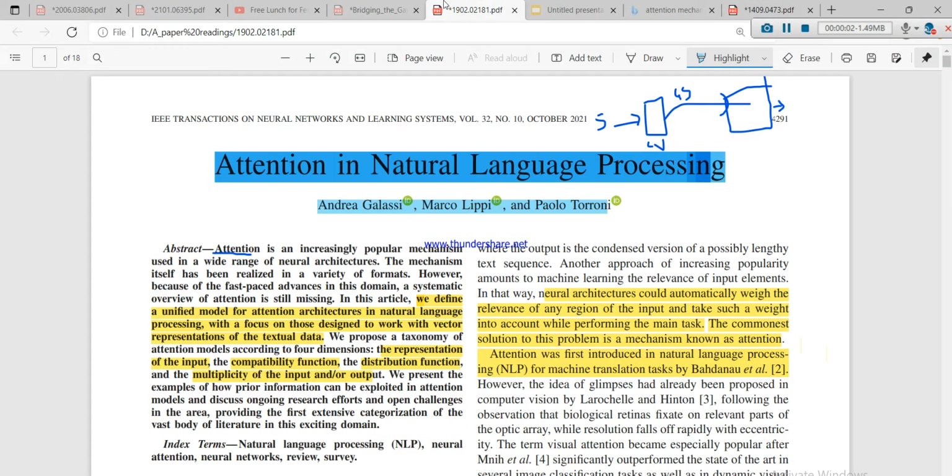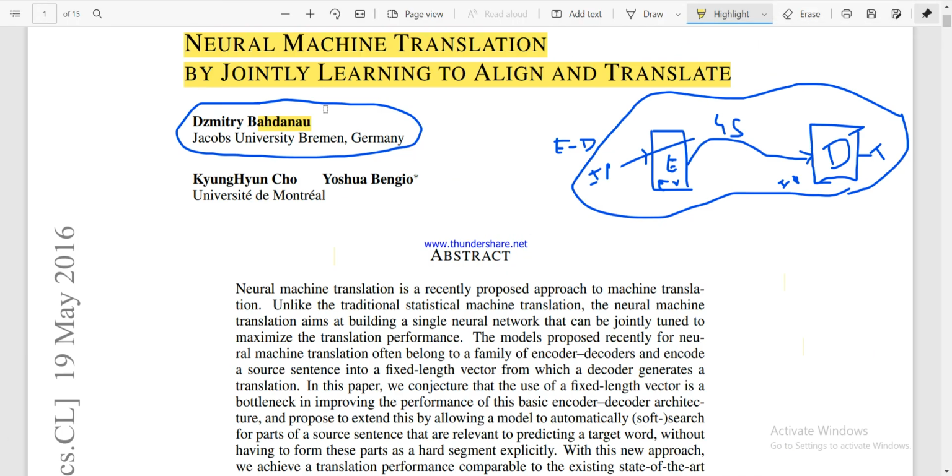Hi friends. So today we are going to cover this paper, attention in natural language processing. In the previous lecture, or previous paper, we discussed who first proposed the concept of attention. In the encoder-decoder based model, yesterday we saw the paper Neural Machine Translation by Jointly Learning to Align and Translate. In this paper, they proposed that the attention mechanism will help to remember a long